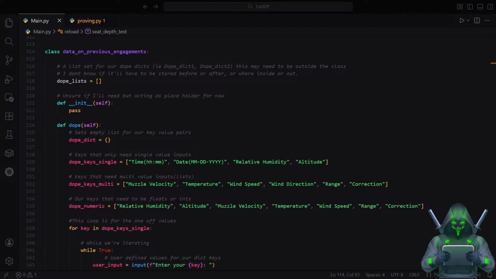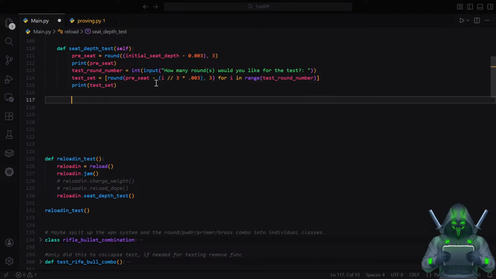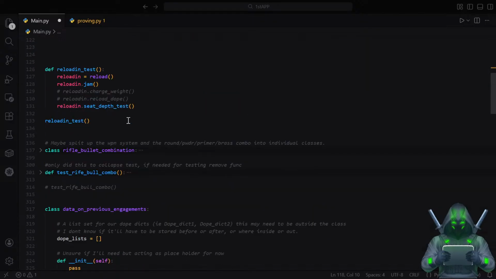Control S. So I guess we can go group equals empty dictionary. And then